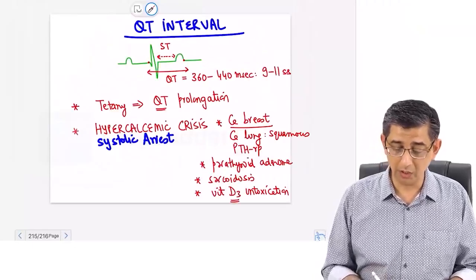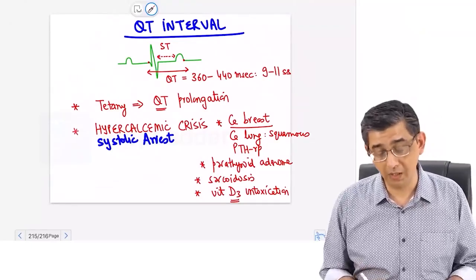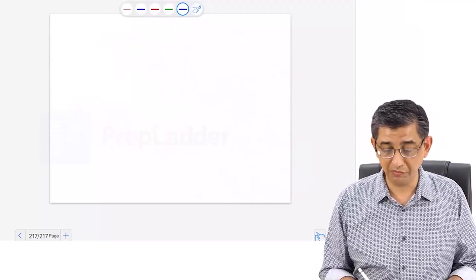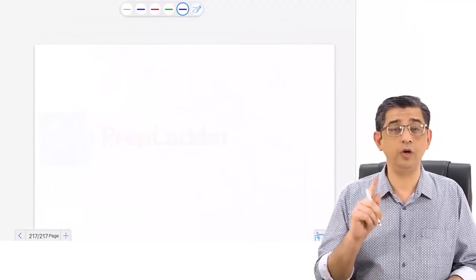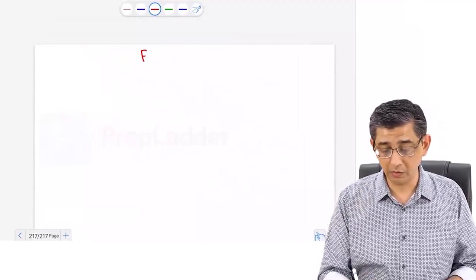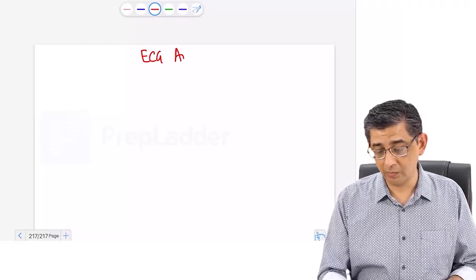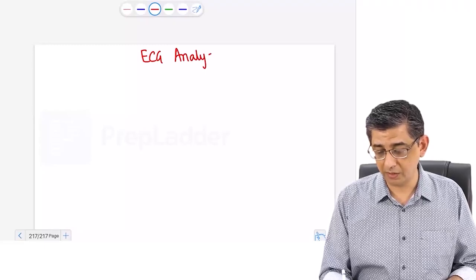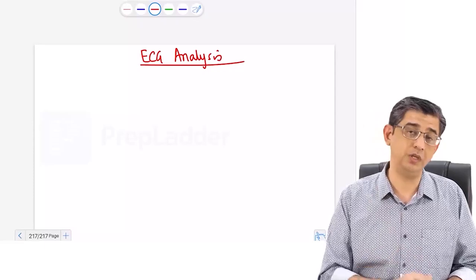So QT shortening and QT prolongation should be remembered, and I've already sensitized you to the fact that whenever he says the word prolonged QTc, that is when you need to always think in terms of Torsades de Pointes. And now I come towards the end of what you are supposed to do whenever you see an ECG-based